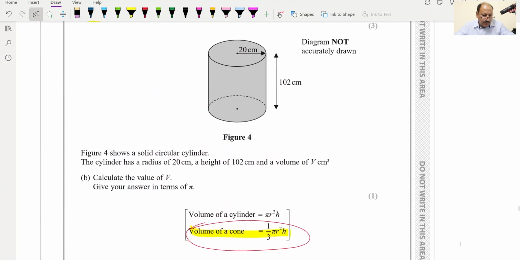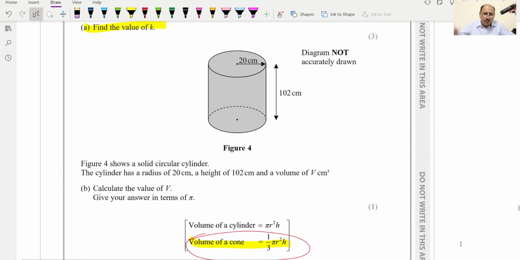Now for B part, what is B part? Another diagram is given. Diagram not accurately drawn. Figure 4 shows a solid circular cylinder. The cylinder has a radius of 20 centimeter and height is 102 centimeter and a volume of V. Calculate the value of V. Give your answer